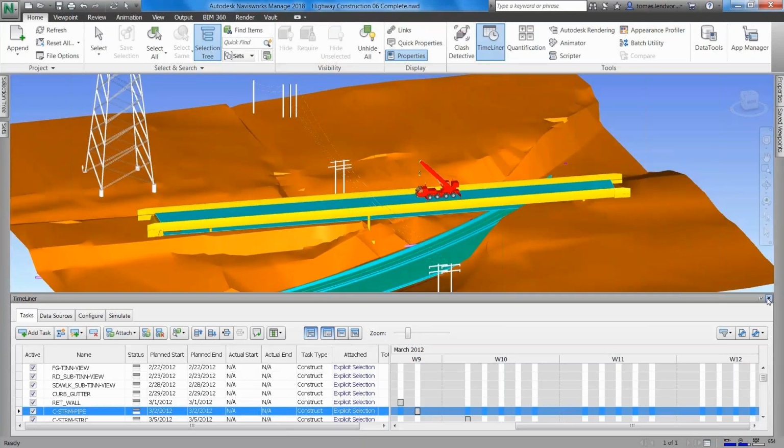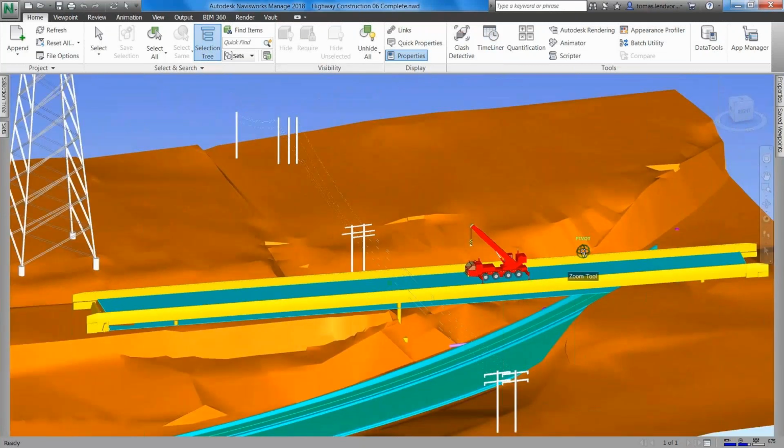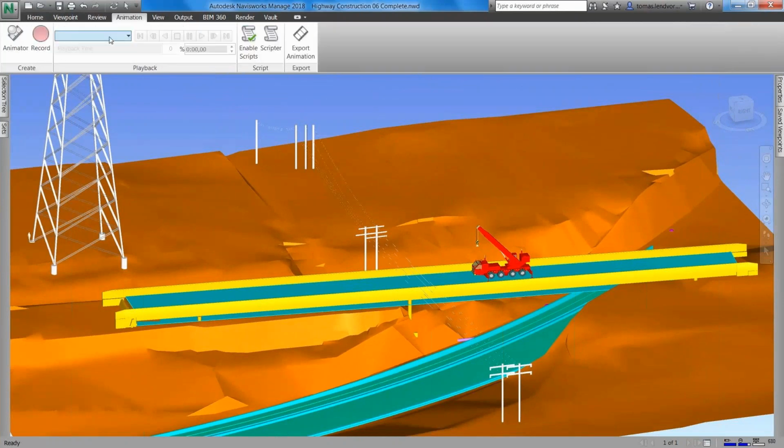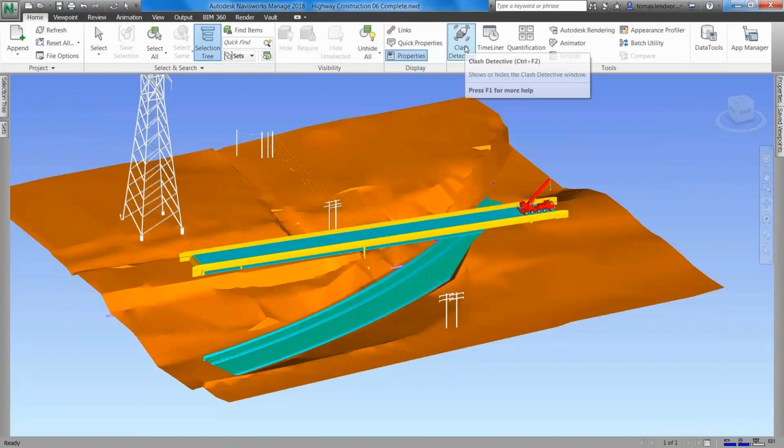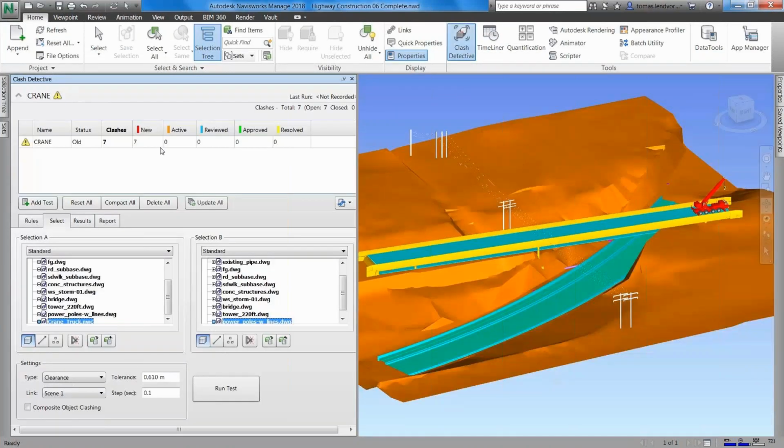So let's imagine that there will be a crane, and this crane will be moving. So what we can do, in fact, is animate it. Basically, I defined a path for this crane going back and forth on this new overpass. Yeah, so it will be traveling like this. But my concern is, if this crane is traveling up and down, what will happen with these electricity overhead poles? Overhead lines. So what I will do is make a clash detection with this crane, which is in fact